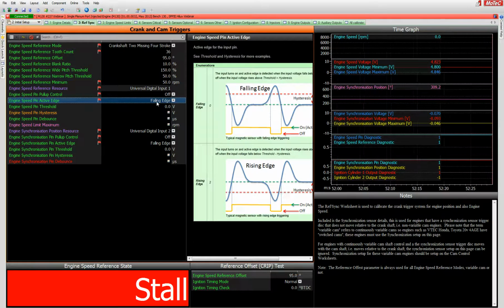The edge designation is again similar to how we had it in the previous ECUs. We have an example here of a magnetic sensor and the green line basically being 0 volts. We would be concerned about this falling edge here as it cuts across the 0 volt the cleanest. Obviously this rising edge here doesn't actually cross the 0 volts, so we're not interested in that. So if you have an oscilloscope capture or a ref sync capture or something like that, that is a falling